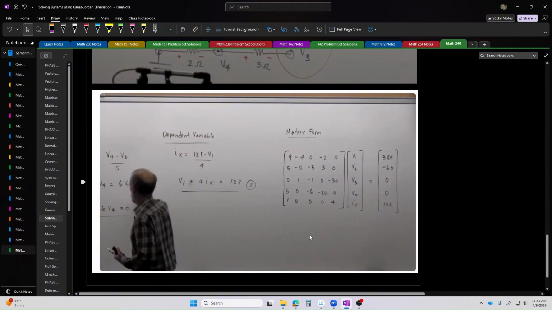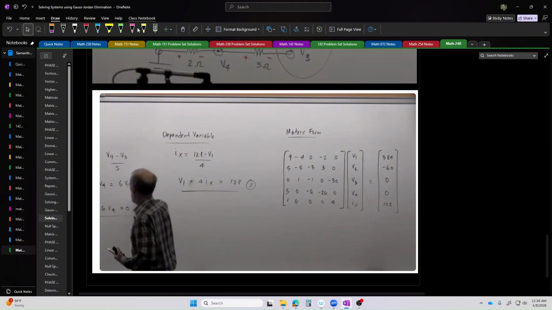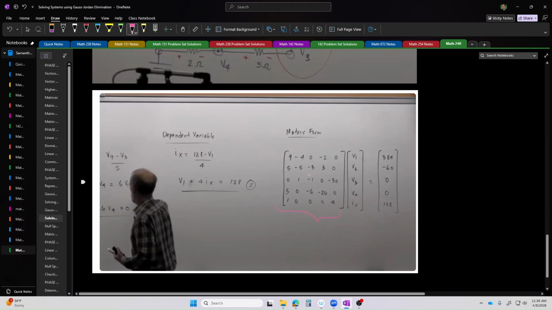And so his system of equations for this circuit relating all these voltages and currents, he's written the actual system of equations over here on the left. But you can see on the right-hand side, he's taken that system of equations and he's expressed it now in matrix format. So the matrix form that he's written down, here he's got the coefficient matrix for the system that he's working on,